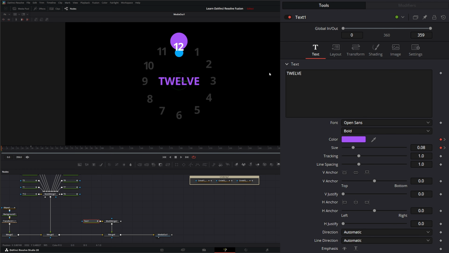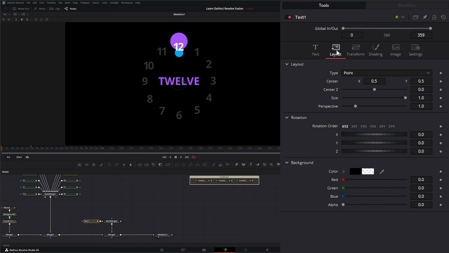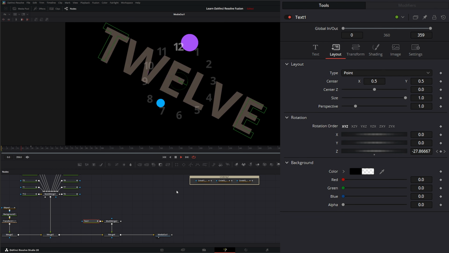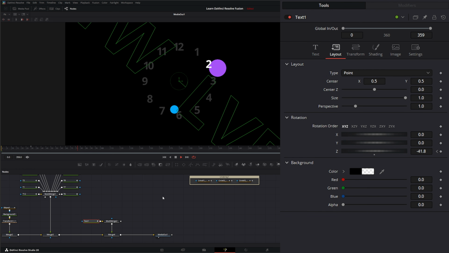Let's go ahead and add some spin on it. So we can go to our layout here and go to the beginning. Let's keyframe our Z position, go to 30, and let's change it to, I don't know, there, 41. So there we go. Now we've got our little